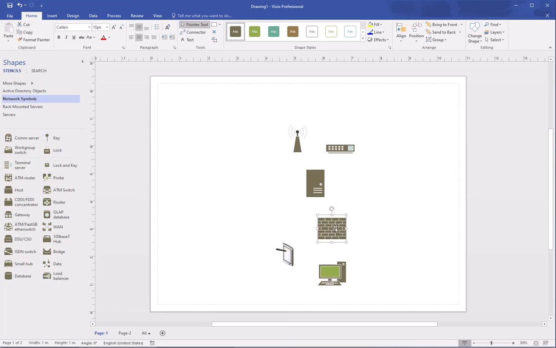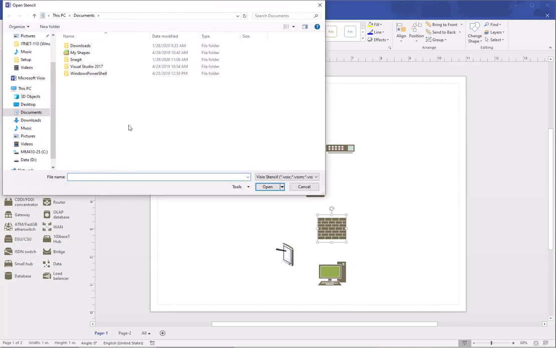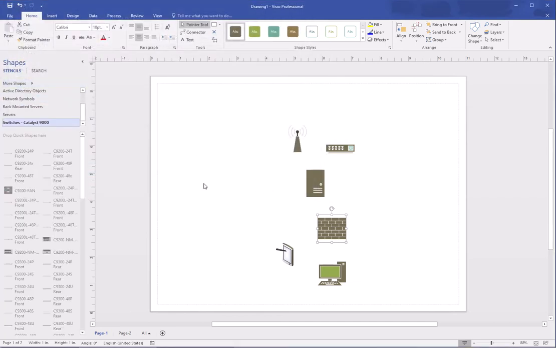Since Visio is used by so many, and is pretty much the standard in creating network diagrams in our industry, a lot of vendors create their own stencils, little pre-configured shapes for their products that you can download and use. Just before I hit the record button, I Googled Cisco stencils and downloaded a stencil for the Cisco Catalyst 9000 switches. If I add that to our list of stencils here, it's just kind of cool. I could drag in a specific